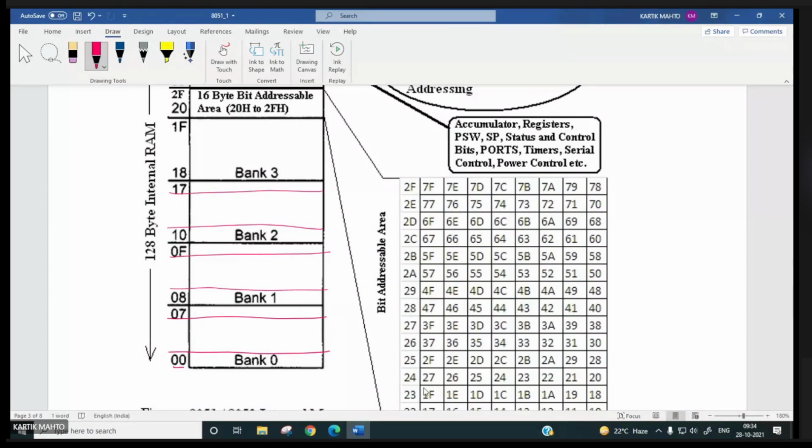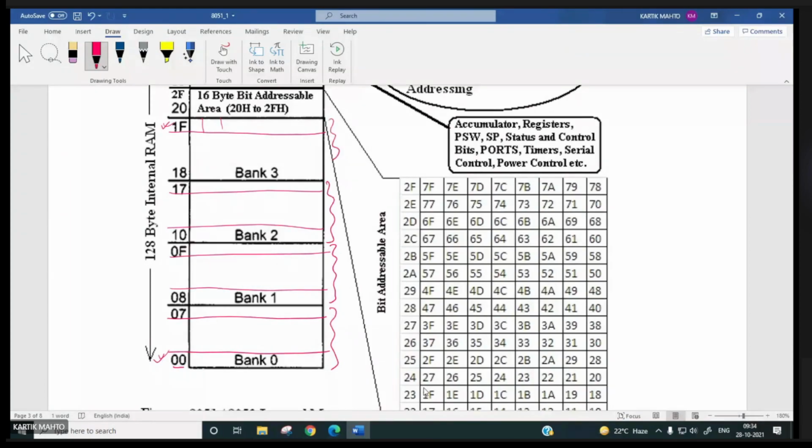Up to this, 32 registers are there, 00 to 1F. This is called bank 0 of the register banks. This is bank 1, this is bank 2, this is bank 3.